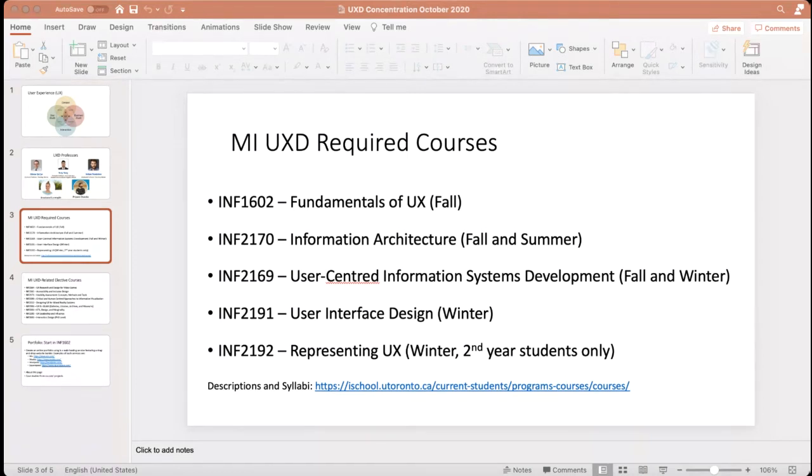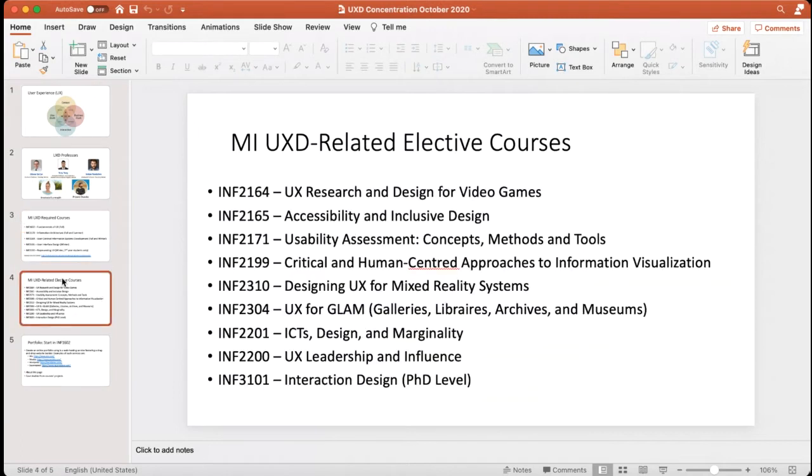So when I'm done with this session at 3 o'clock, this is what I'm about to do: assign projects to my groups of students in 2192. I teach the first and last class of the concentration, so I get to see the students in their first and last semester. And then we have also the other profs that I've outlined here that are teaching the other courses. In terms of the elective courses, I mentioned this in my presentation.